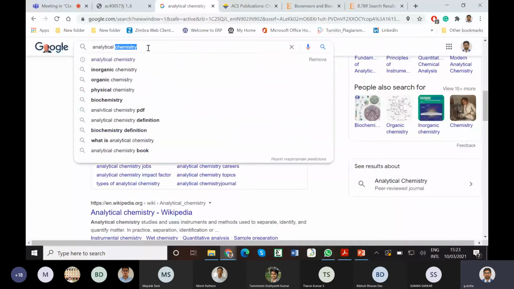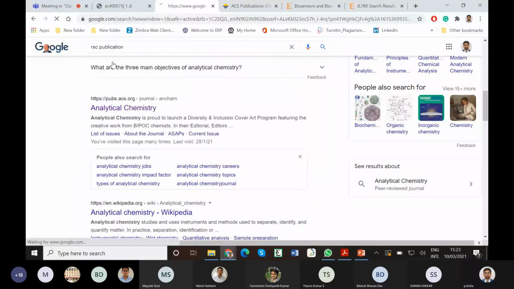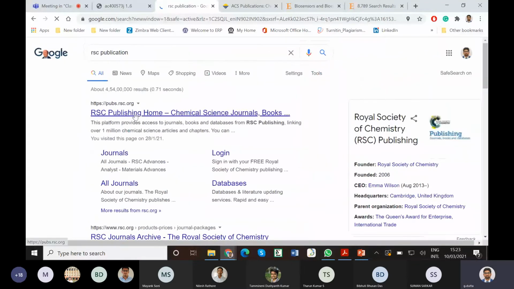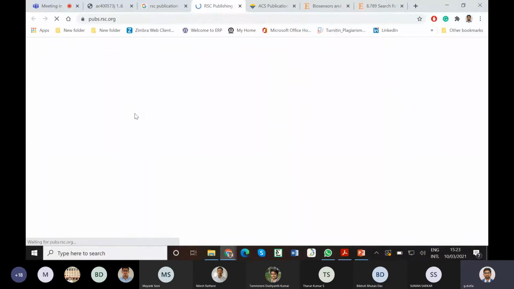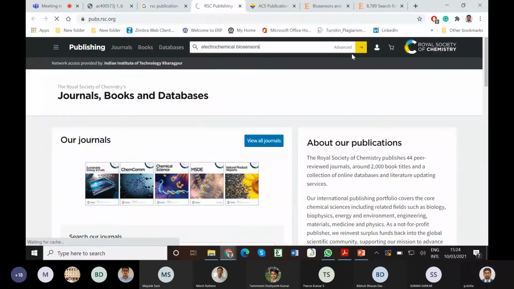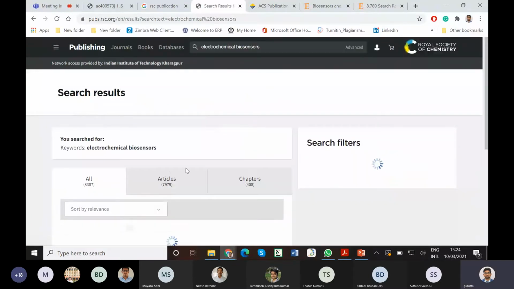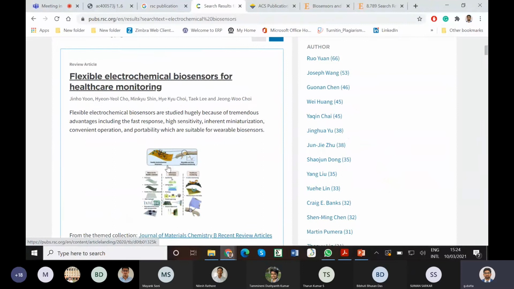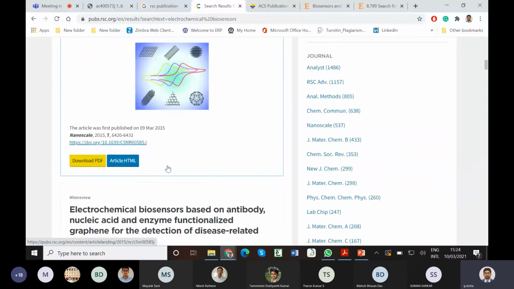Another very good publisher available is the RSC publications, that is the Royal Society of Chemistry. RSC publication journals. So here, in the same way, so many journals are available. In the same way you can search here in the search column for electrochemical biosensors. If you search, you will get different kinds of paper names: flexible electrochemical biosensors, carbon nanomaterial based biosensors. See,